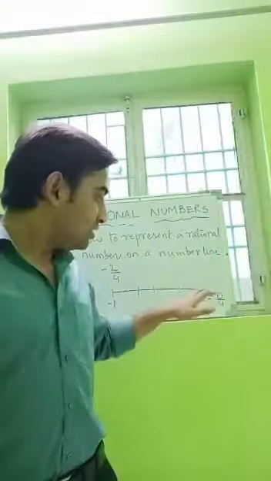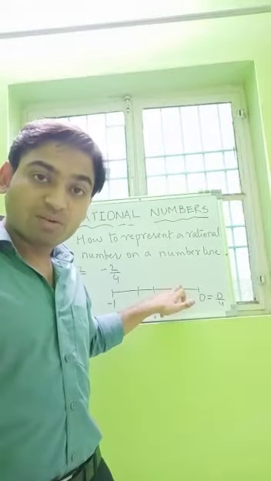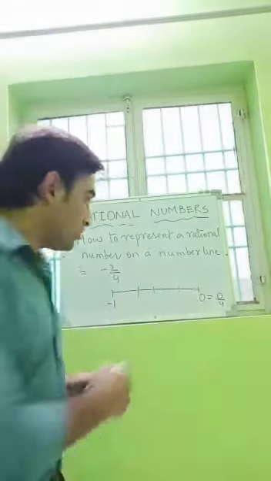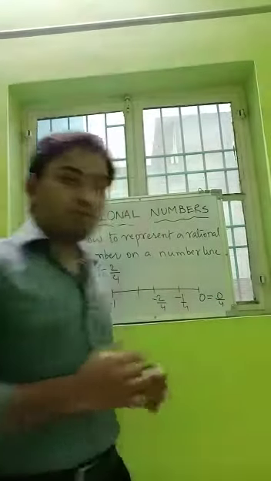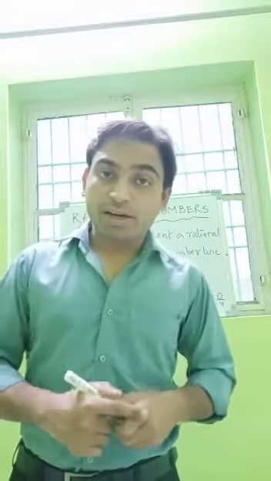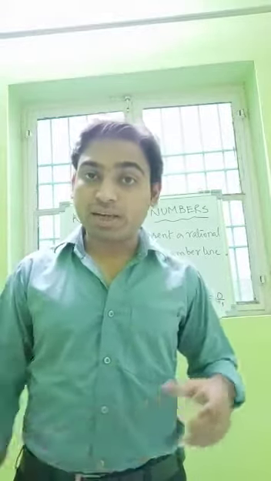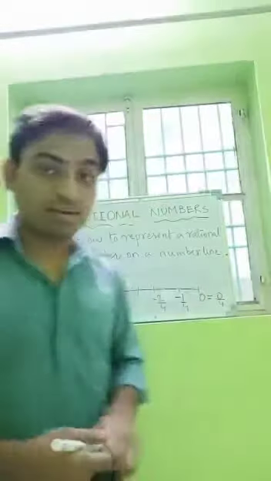Okay, now we divide the given number line in 4 parts. Now see, this is 0 and this is also 0 upon 4. Now move to the next part. This point will be minus 1 upon 4. This will be minus 2 upon 4. Okay, and we want to represent only minus 2 upon 4. And where is minus 2 upon 4 lying? Here. This is the position of minus 2 upon 4 on the number line.